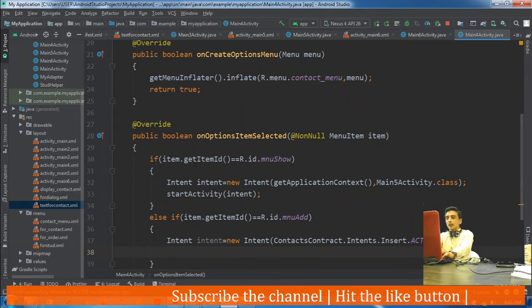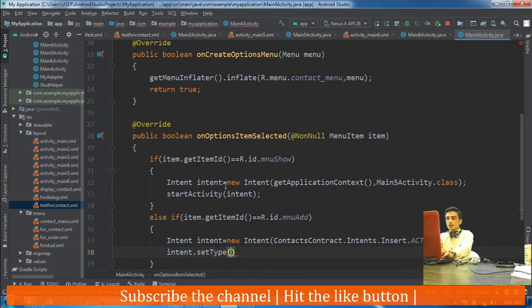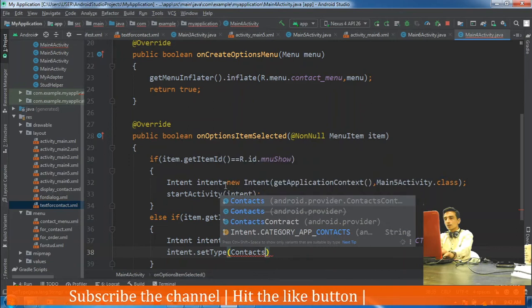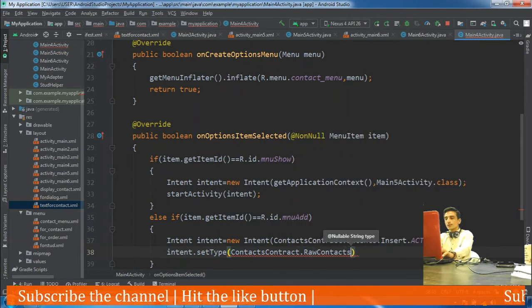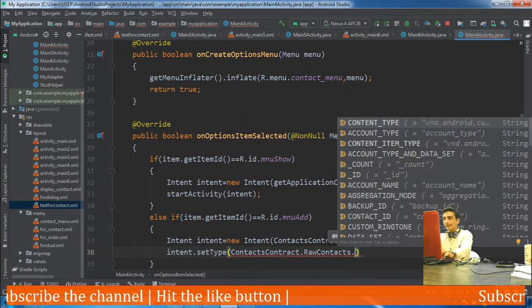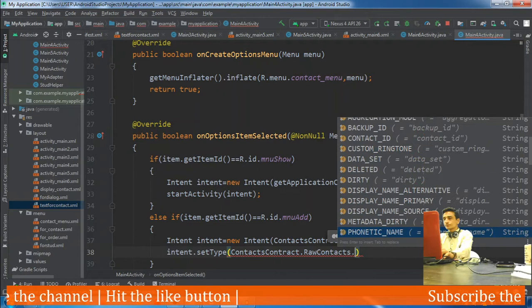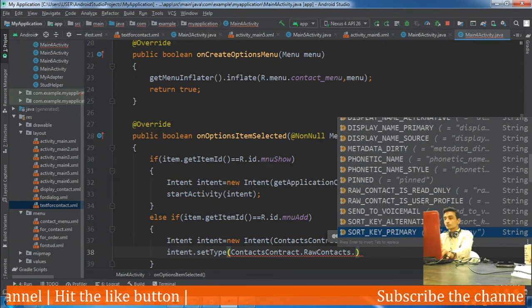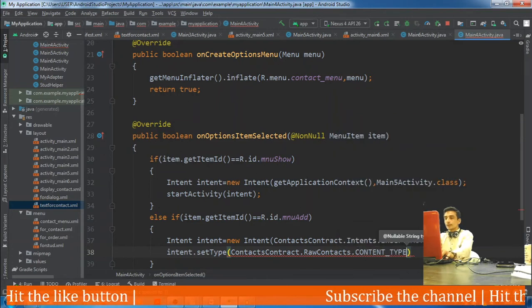Okay, then intent.setType, we have just seen, ContactsContract.RawContacts, what was it, CONTENT_TYPE.